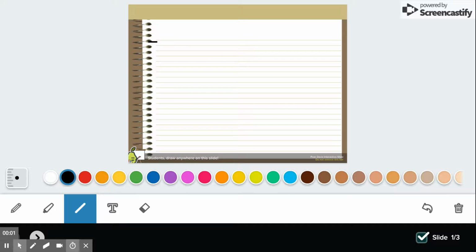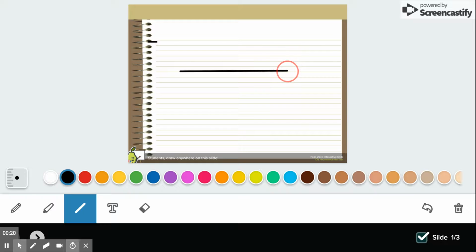Hey guys, this is just a short little lesson on interior and exterior angles. We're getting ready to start parallel lines. So follow along as I draw. We're going to start with